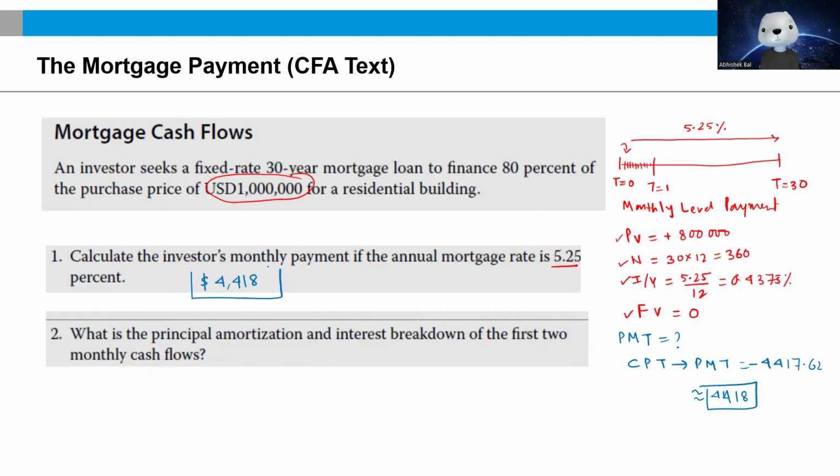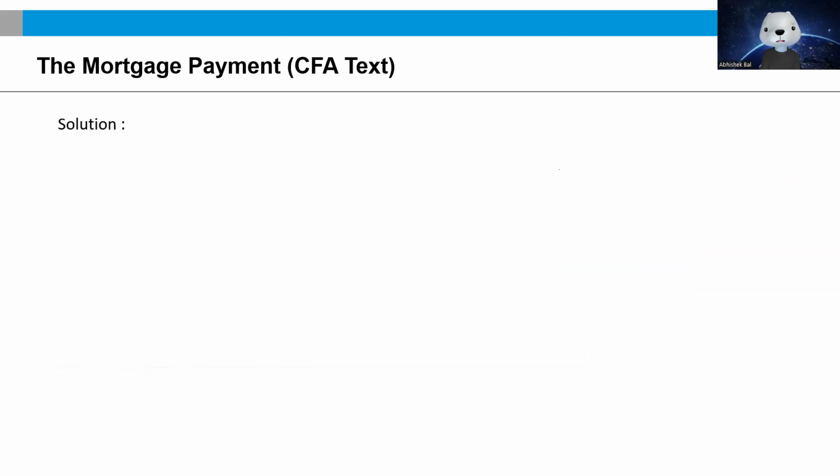All right. What is the principal amortization and interest breakdown of the first two monthly cash flows? Now, this is where things would get interesting. Why is it so? Again, you could do it. What is the principal amount and interest breakdown of the first two monthly cash flows? So let's understand what they're saying. We are talking about the opening balance, and the opening balance is